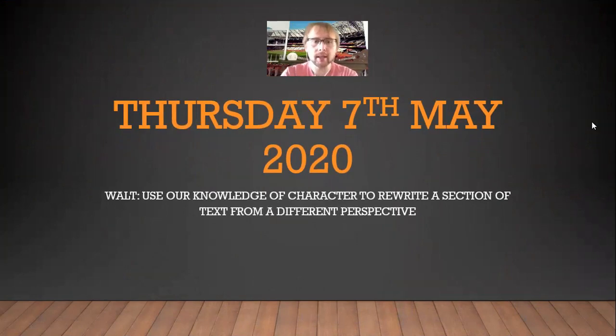So our WOLT today is to use our knowledge of character to rewrite a section of the text from a different perspective. Now, when we talk about perspective, we talk about who is actually seeing the events of the story. So it depends whether you have a first person or a third person narrator. If you have a third person narrator, that is your narrator that's floating above it all, that can see everything, that understands everything, that can get into the heads of all the different characters, can tell you what they're thinking, is always there. Your first person narrators, that's when one of your characters is actually narrating and telling you what's happening. So they can only tell you what they're thinking, but they can tell you what they're seeing about everybody else.